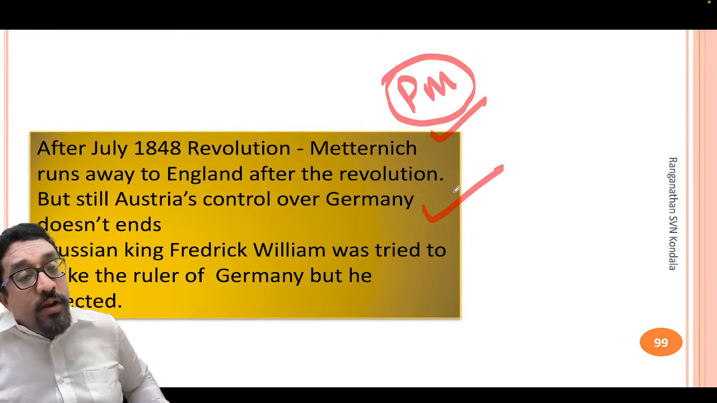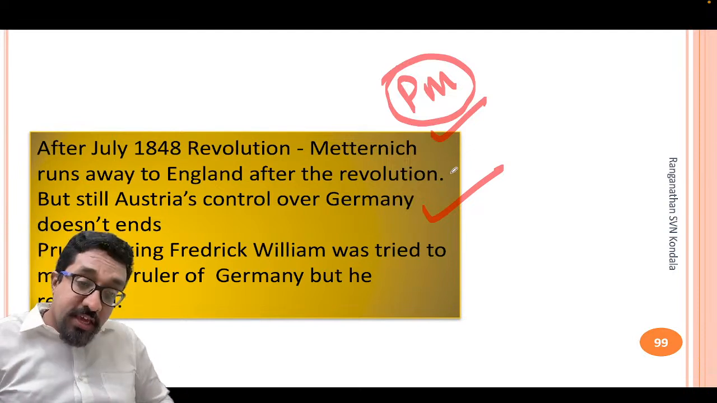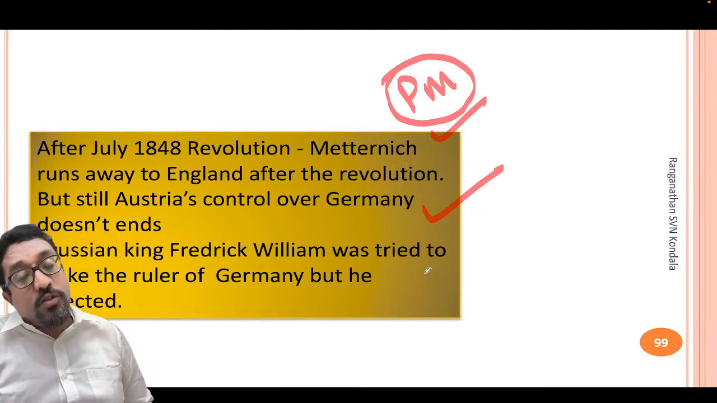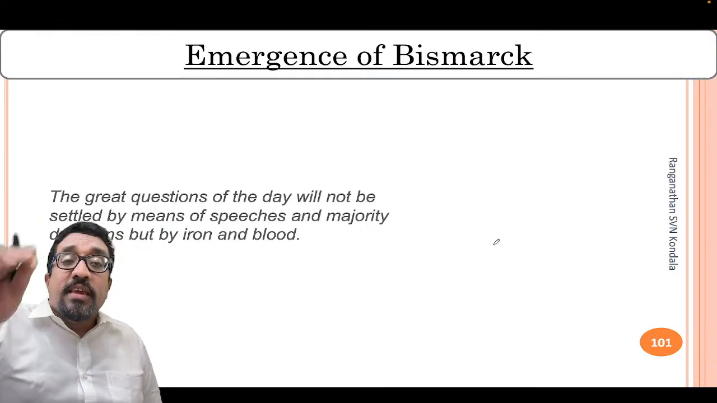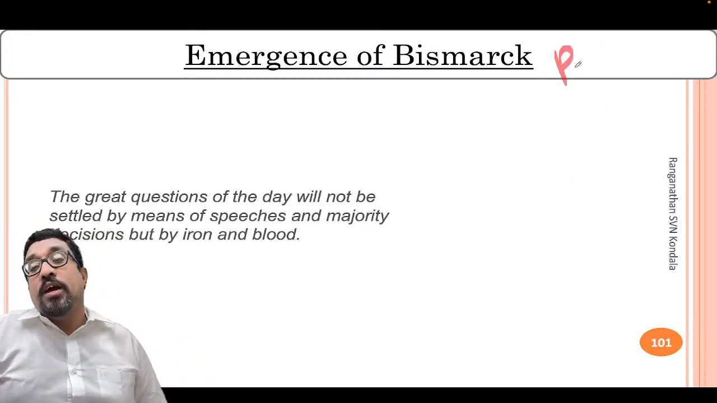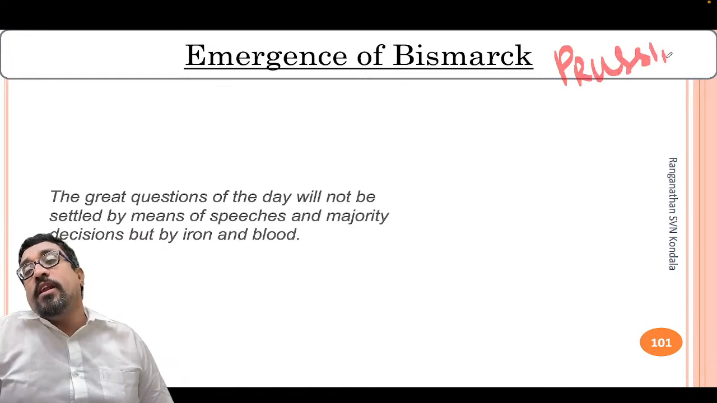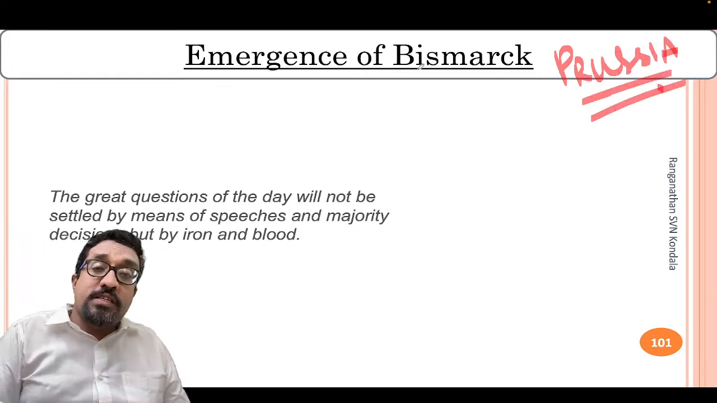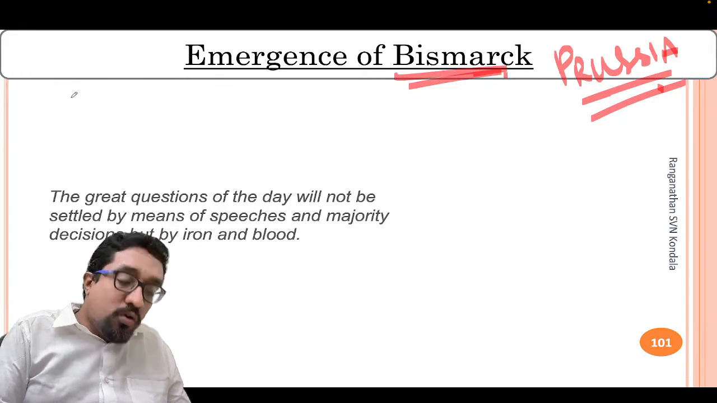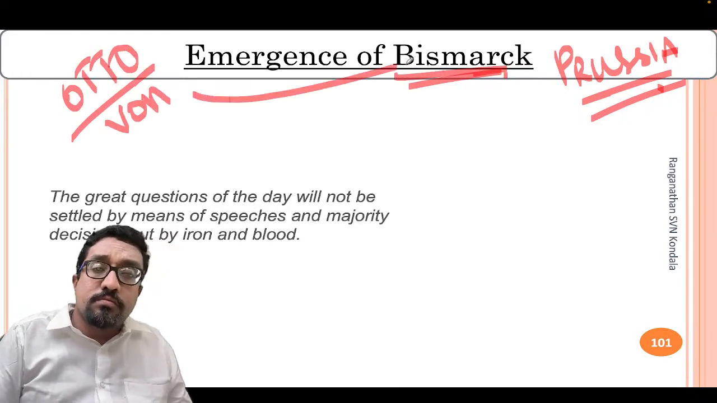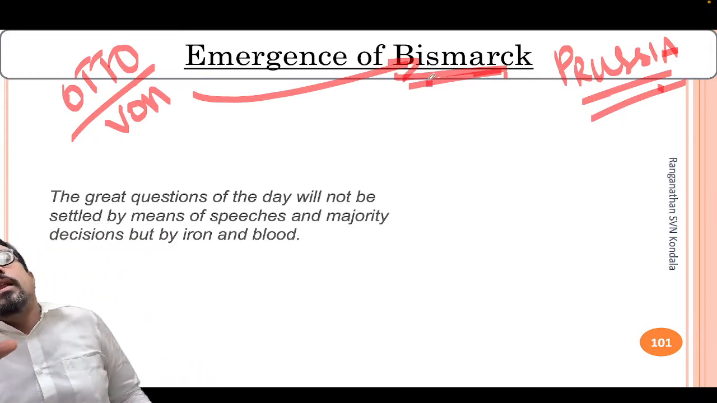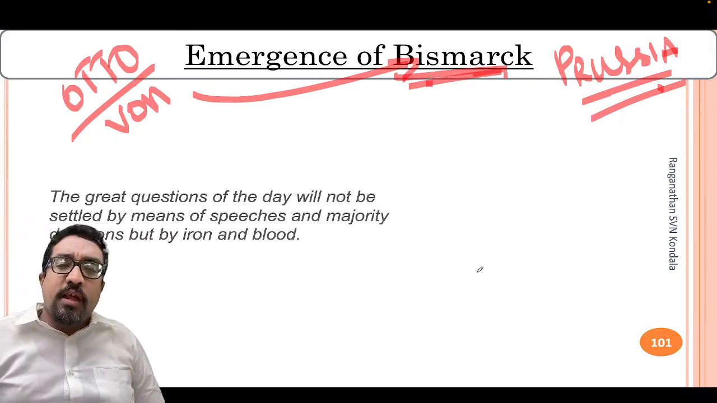Austria's control over Germany did not end, but Prussian King Frederick William was offered to become the ruler of Germany, but he rejected. ये time में in Prussia, as Metternich entered in Austria, in Prussia we see the coming of a guy called Otto von Bismarck. And Bismarck is that guy who actually believed in